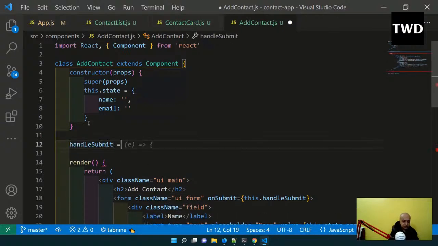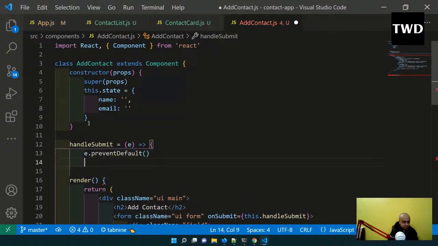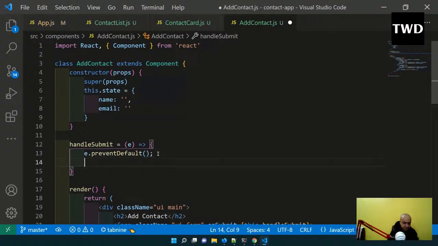Handle submit equal to e, and e dot prevent default is a must. Without it, it is very difficult to work in a React project, and it generally refreshes it. E dot prevent default, if it is not there, it generally refreshes the browser. We take away everything. Okay, and then if